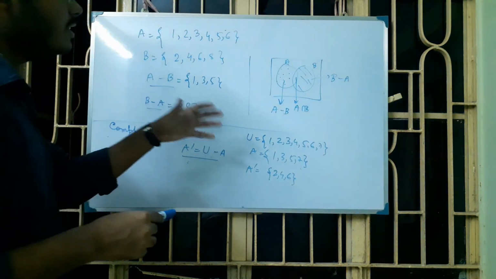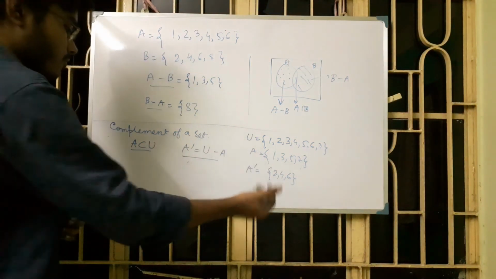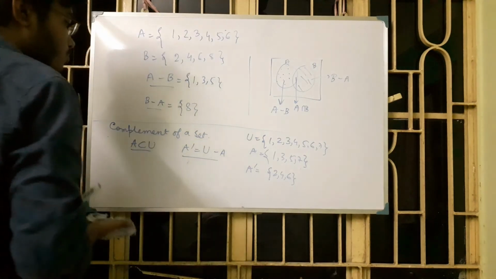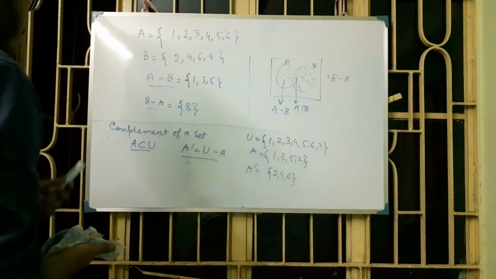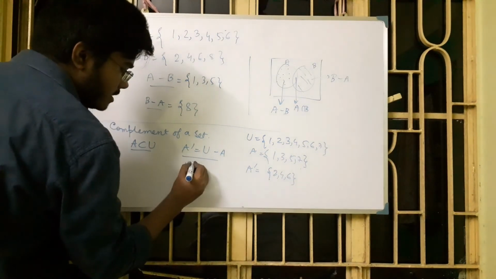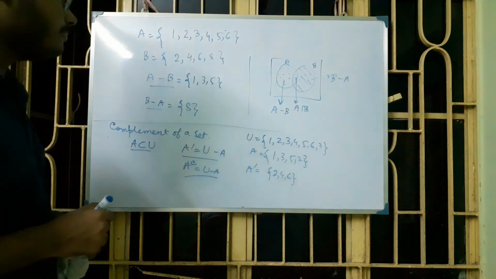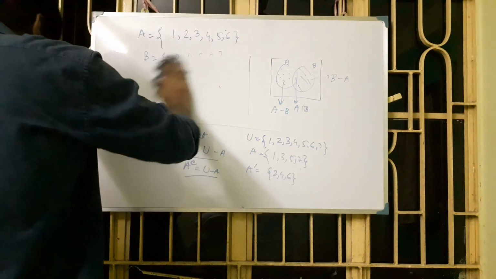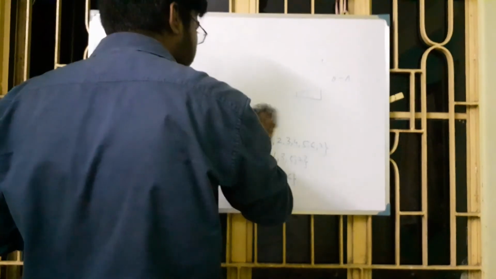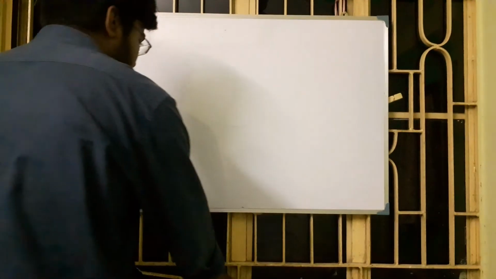So we will discuss more things more deeply later. Okay, this is just how to calculate complement of a set. This is A complement, or you can write A C, this is U minus A. Okay, how you can calculate A complement. Okay, so these were the whole concept, and just solve problems from NCERT and we will learn some formulas.